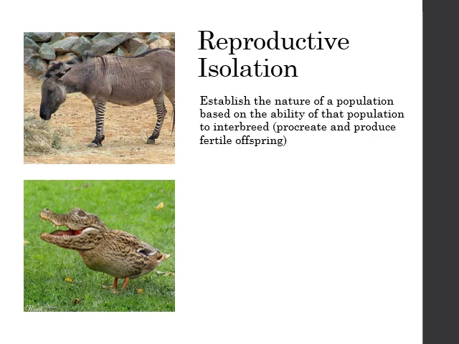You take a horse and a donkey, you put them together, what do you get? A mule. The mule itself is sterile. Yeah, you can have reproductive success, but that offspring is not viable, so those two would be considered separate species. You can absolutely sort things by reproductive isolation.